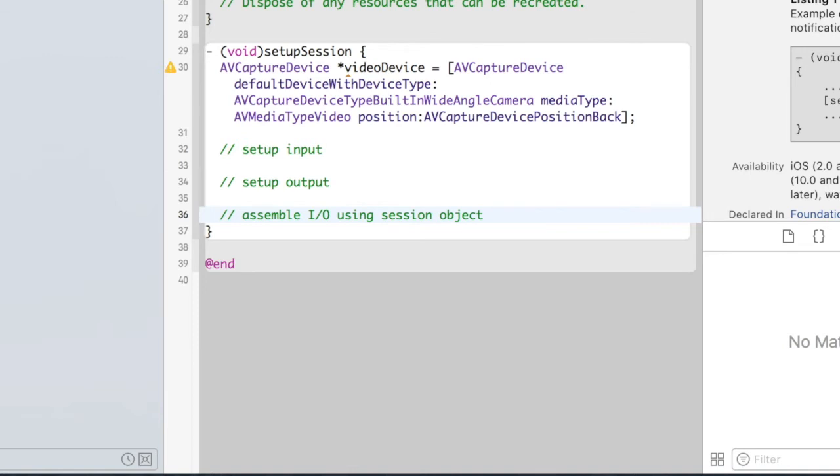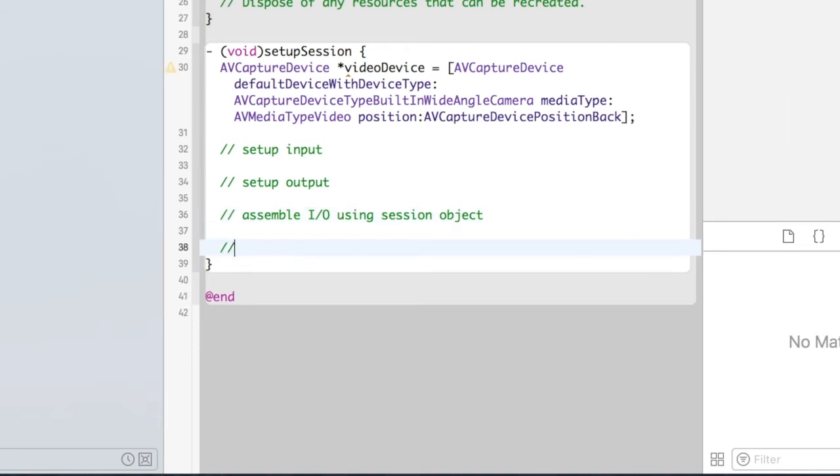Okay. In the last step of the initialization, we will actually have the session start running and start the entire life cycle of